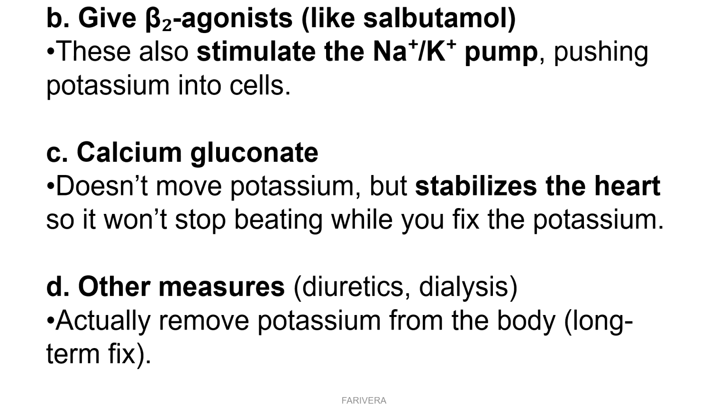Another management of hyperkalemia we have here is the beta 2 agonists such as salbutamol. Giving a beta 2 agonist like salbutamol may also promote potassium influx into cells. Also we have calcium gluconate, which however does something different. It does not remove potassium, nor does it significantly shift it into cells. Its purpose in this context is to help stabilize. Take note of that: stabilize the heart while the hyperkalemia is being treated.